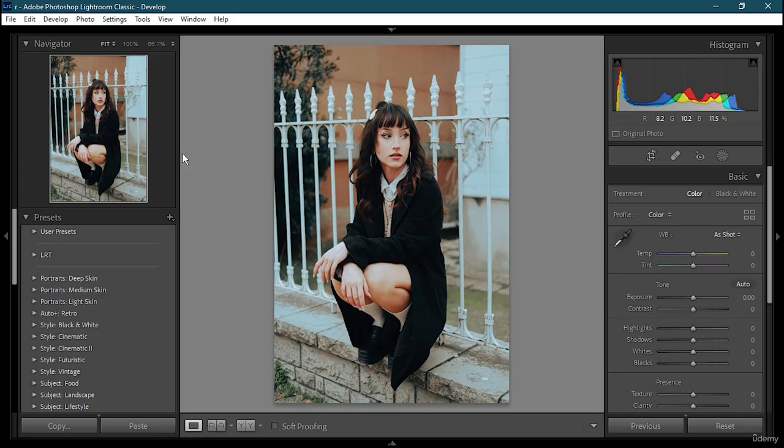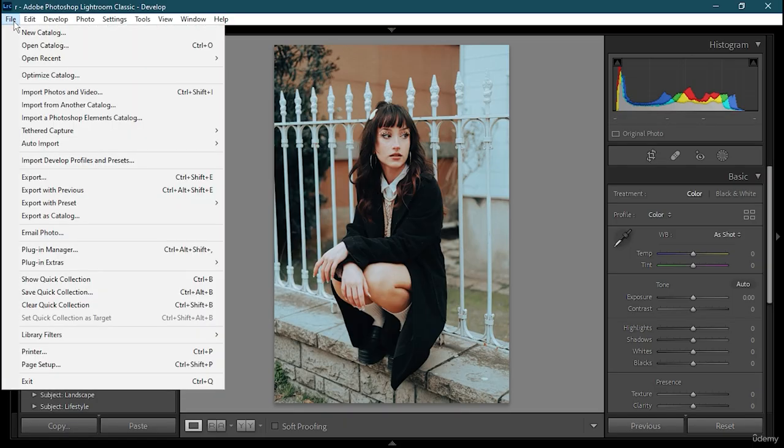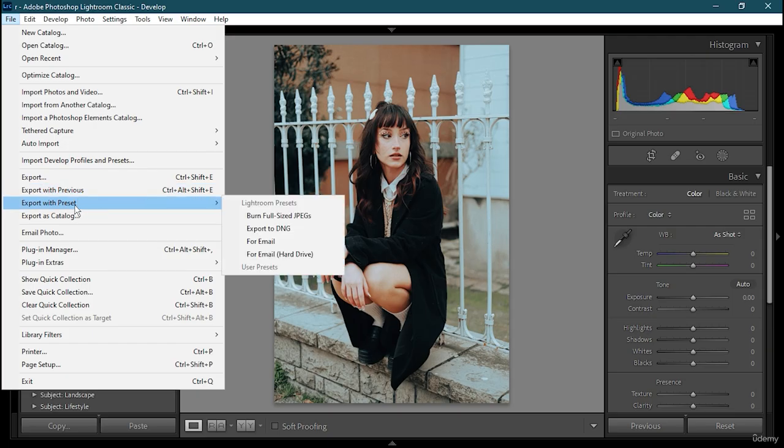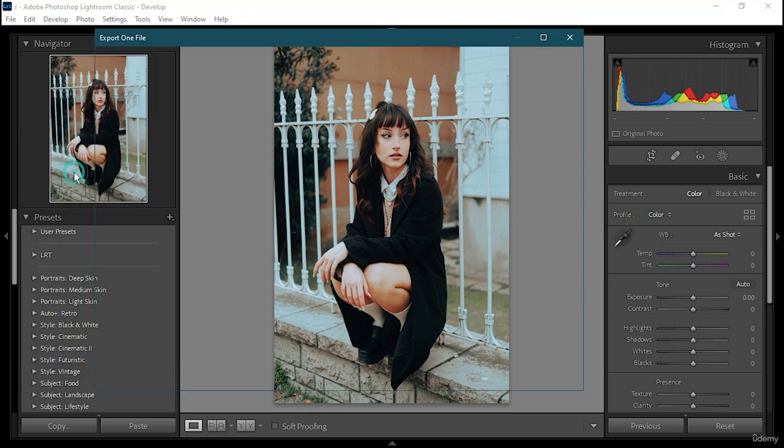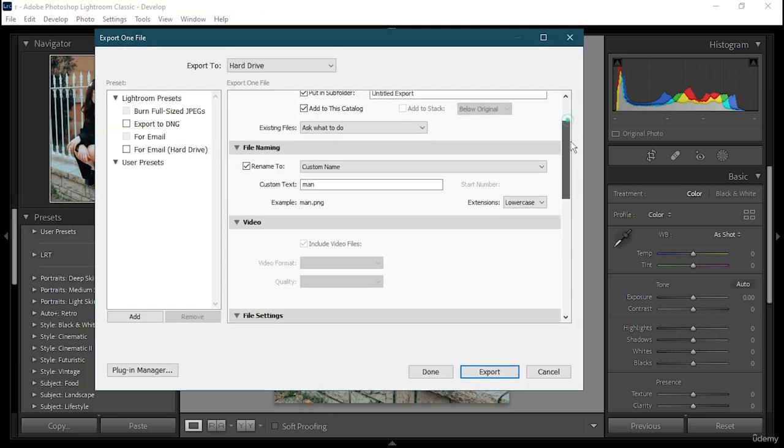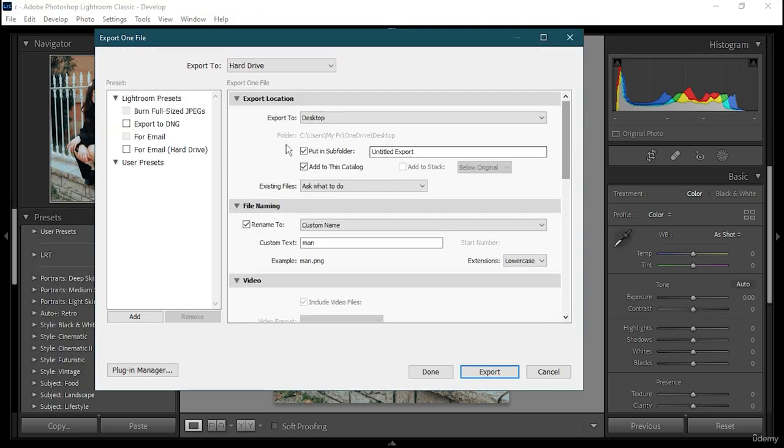So if you want to do that, what you have to do is go to the File tab, and you can see that there is export with previous, export with preset, and export as catalog. So I'm just going to show all of them to you one by one. So first is going to be export. When you click on export, you can see that this interface opens up, and from here select whichever one you